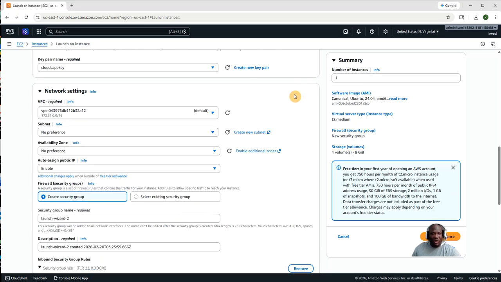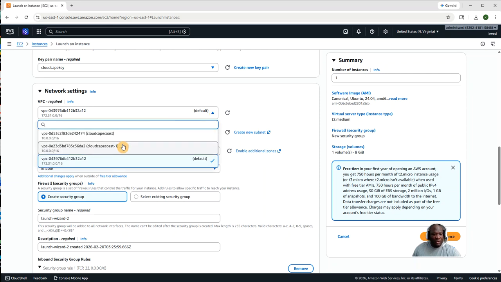But we're going to click on edit, and when we come here, you see the first thing it chooses is, hey, let me give you a default VPC to work with if you don't have a VPC, which has a CIDR range of 172.31.0.0/16. But we already have our own VPC, so we click on the drop down over here and choose the